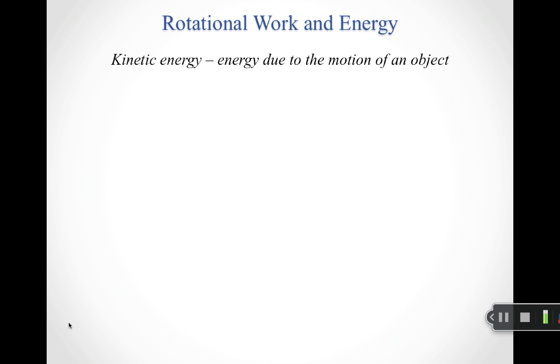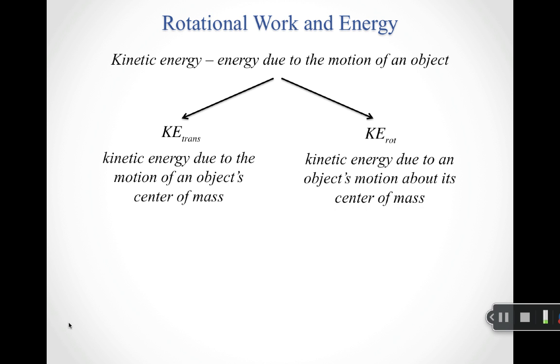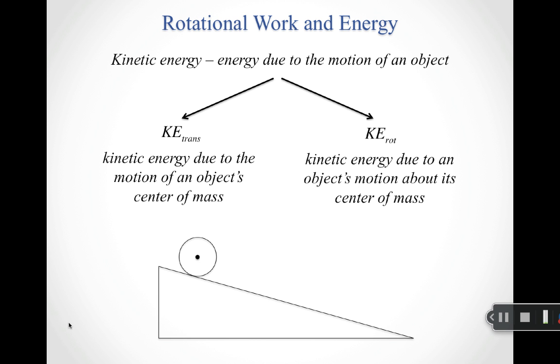Summarizing what we talked about in class yesterday, we said that when we think about kinetic energy, there are now two ways that we need to think about it. We know that kinetic energy is energy due to the motion of an object, but now we can think about kinetic energy in two pieces. The first is: is the object's center of mass moving? If so, then we need to keep track of translational kinetic energy. If the object is rotating about its center of mass, then we need to keep track of rotational